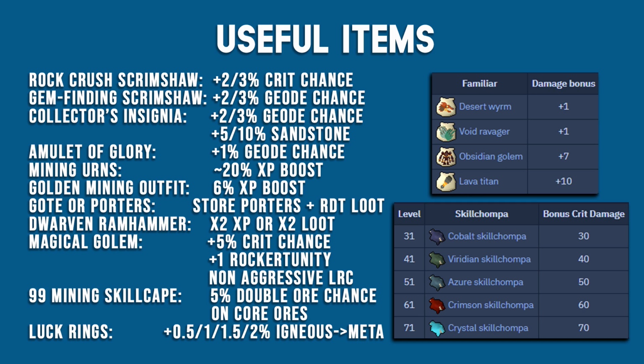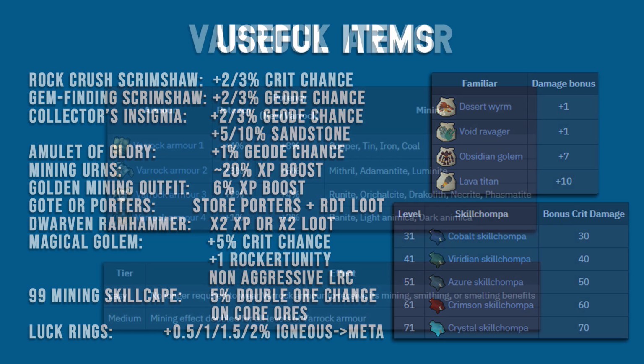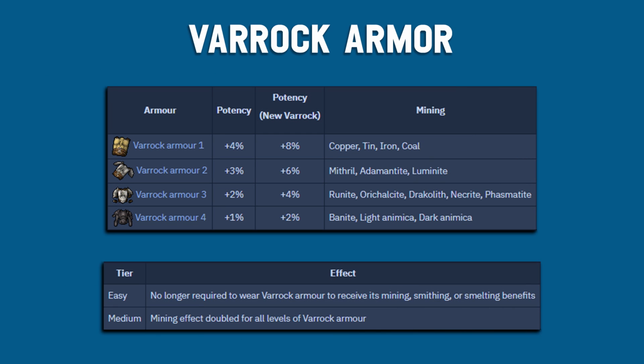And the skill Champas are also reworked to give you bonus critical damage only when you do a critical hit though. They do not give you a bonus chance of getting a critical hit, they just increase how much damage you do when you do one. They can seem kind of expensive, but they're actually a pretty good value when you really work it out. The VARROCK armor has also been reworked to give you a chance of getting an extra ore of certain types. The tier of armor required for which ores is right here on this chart. The potency is the chance of you